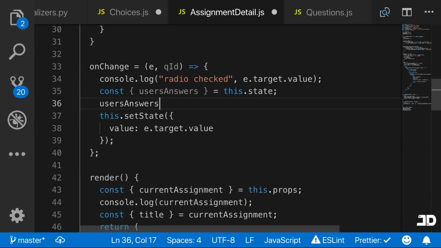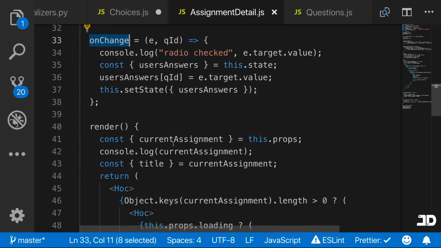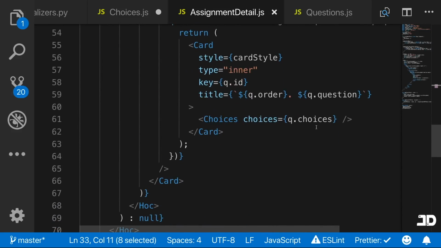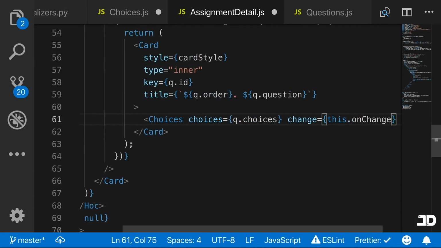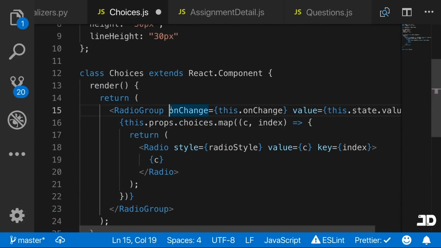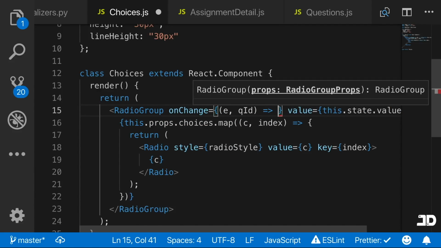And then we'll say userAnswers of that question ID. So we're setting the key in the dictionary equal to the event target value. And then we can just say this.setState of userAnswers. And now we just need to pass the onChange inside our choices. So what we'll do is we'll say change equals this.onChange, and then we can handle the change property here and say when onChange takes place, then this takes in an event and a question ID, and it's an anonymous function that calls